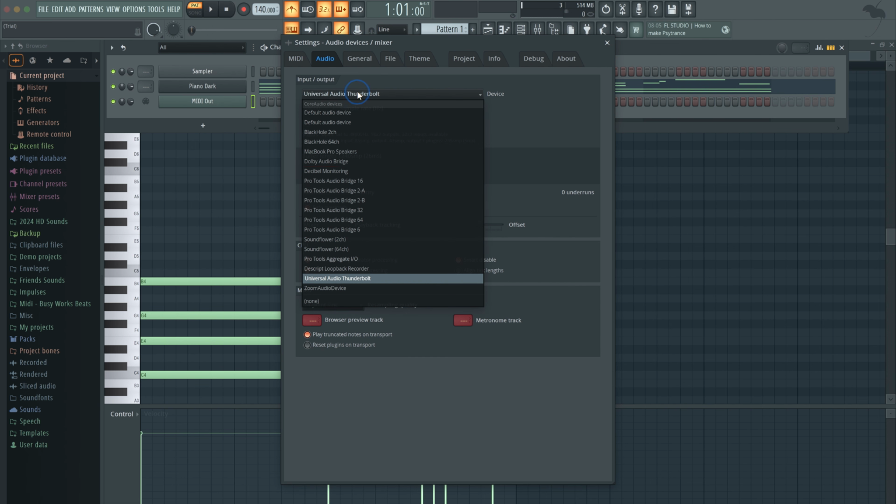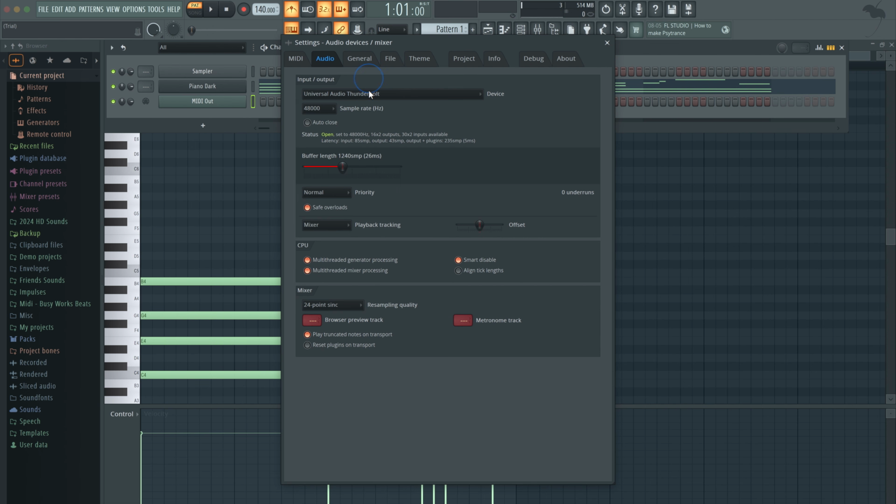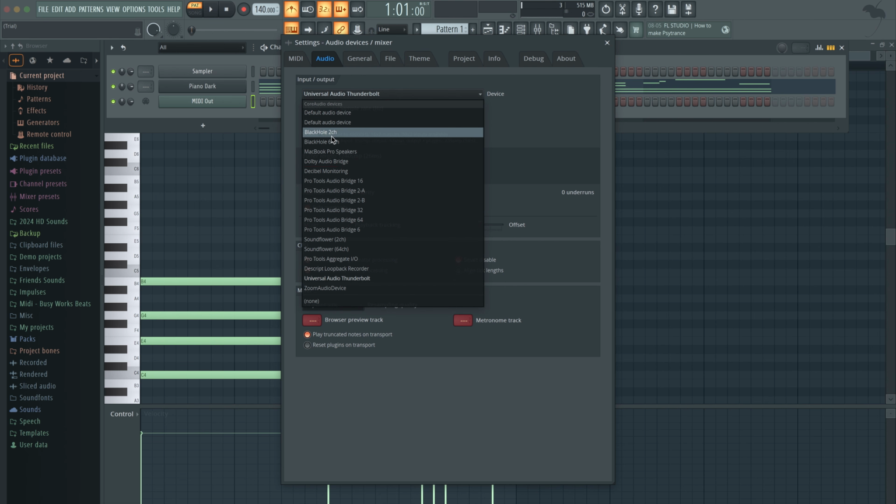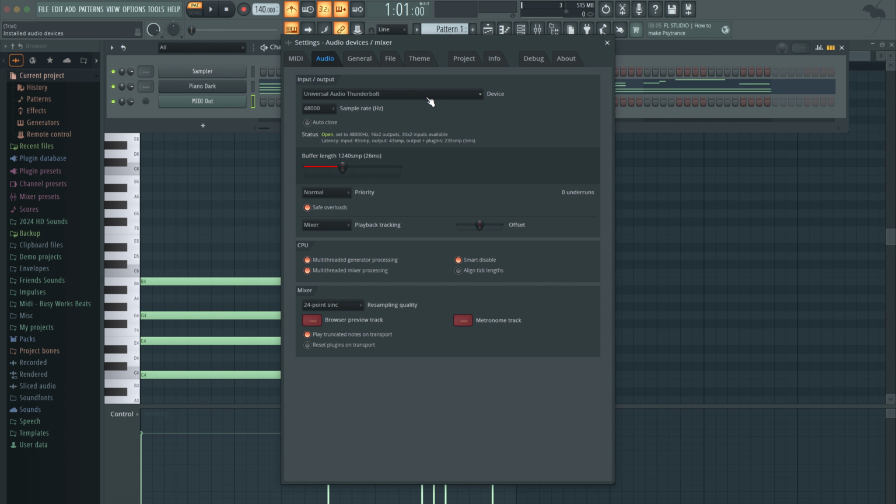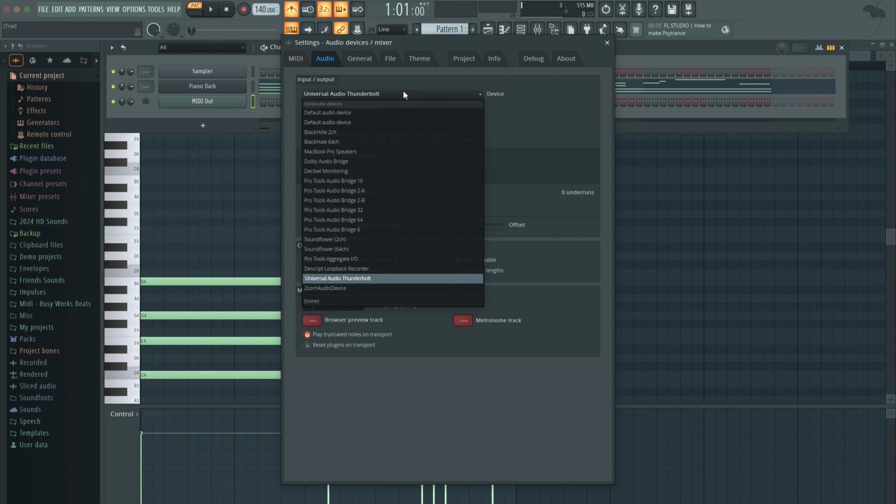Okay, so click here and then you can select. Now I'm on Mac, so on PC you have different things. I think it's called default drivers, and then it has ASIO. I'll do a different video about if you're trying to do videos on PC, like for YouTube and stuff, there's a little process. Long story short, if you're on PC, you want to look for where it says FL Studio Audio or Audio for all device. And if you're on Mac, you just select your audio interface. If you have nothing, just select default audio device.